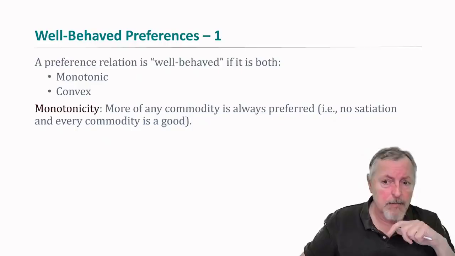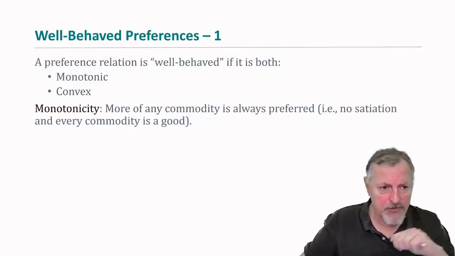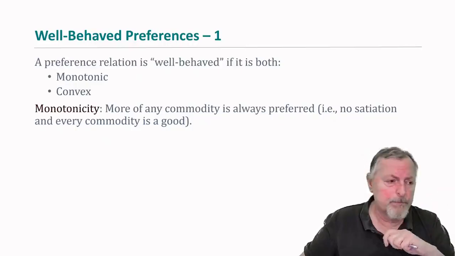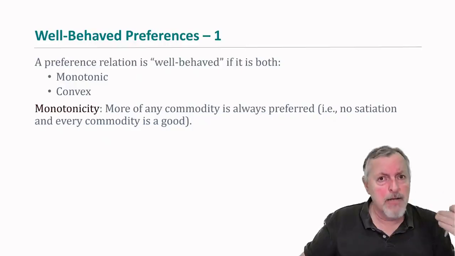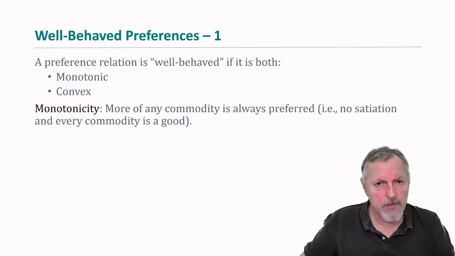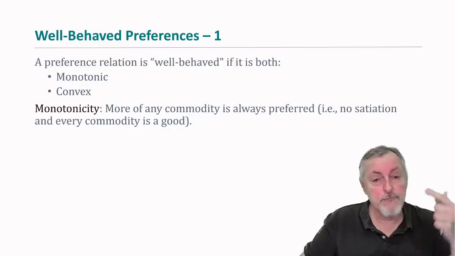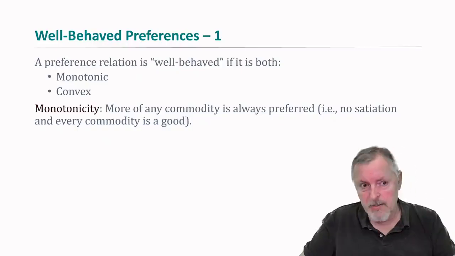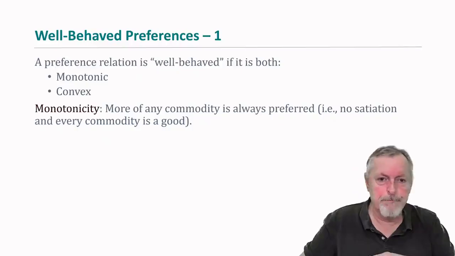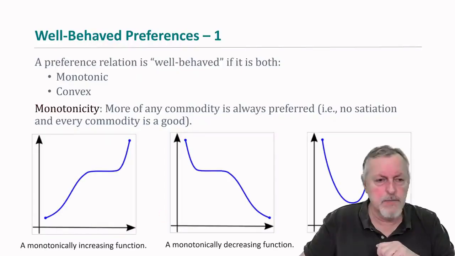Now, monotonicity. I mentioned this before. A monotonic function is one that is continuously increasing or decreasing. Roughly, this means in the economic context, more is always better. You're not going to have a bliss point. And if more is better, it's a good. If more is always worse, it's a bad. This isn't in the book, but